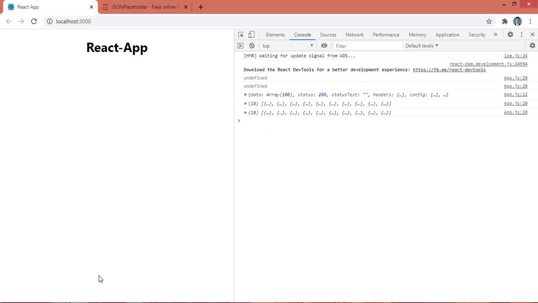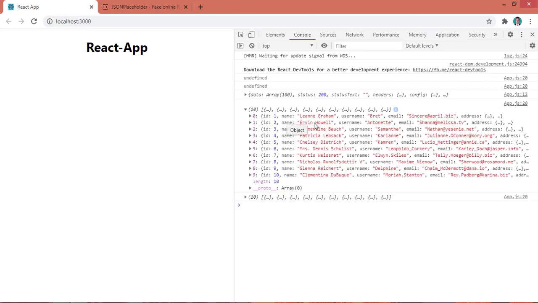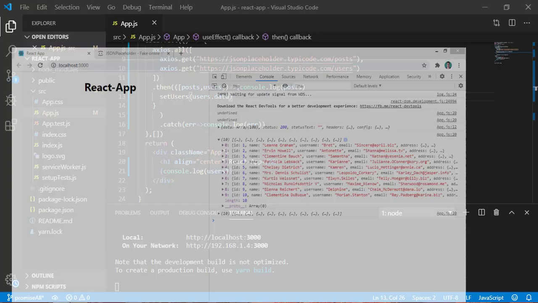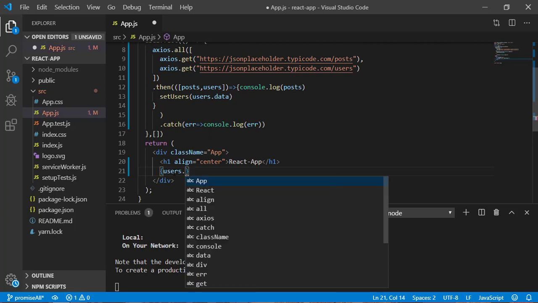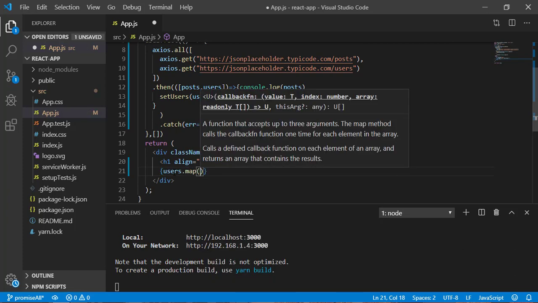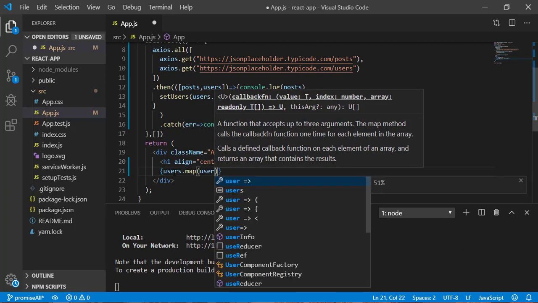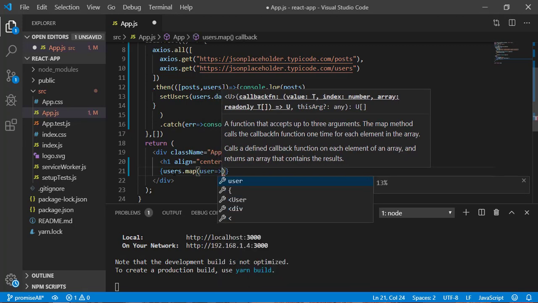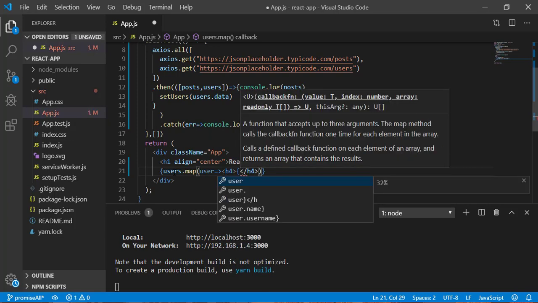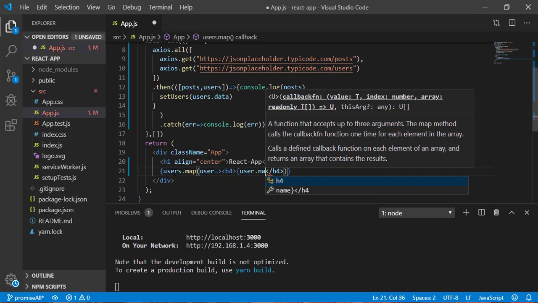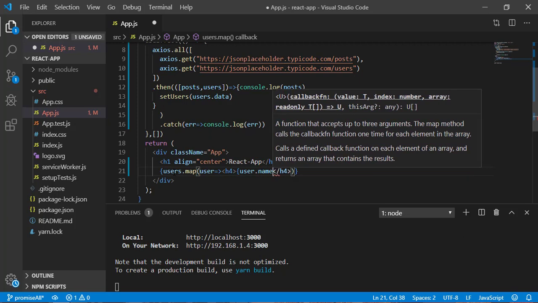As you can see, for the particular user I can print the name. So what I have to do here is write users.map, and this is going to give me a single user's detail. So user, and I can print all the user details in an h4 tag. So h4, and now user.name, so I am going to print the name itself.